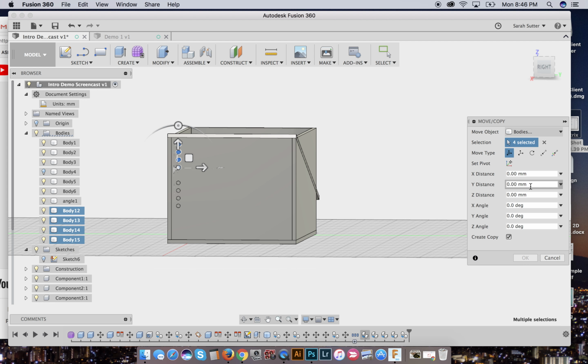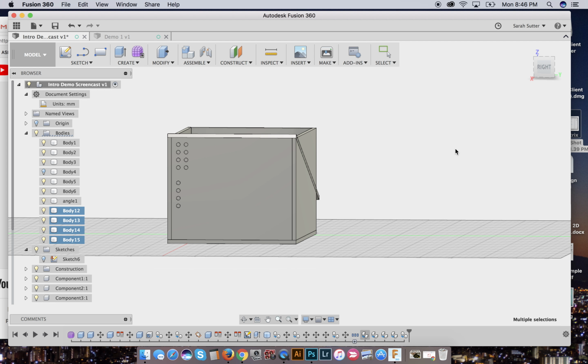Create copy, and I want to move these along the x-axis 6 millimeters. All right, so you could make that, and then you could go back and select them all. I did that with bodies, and you could then